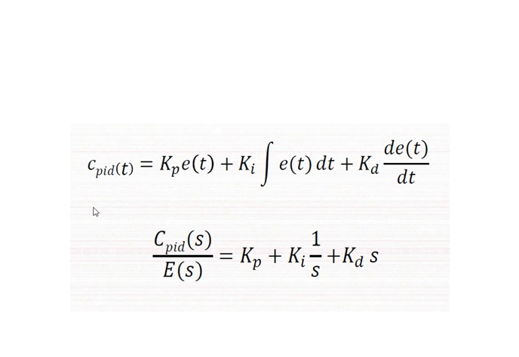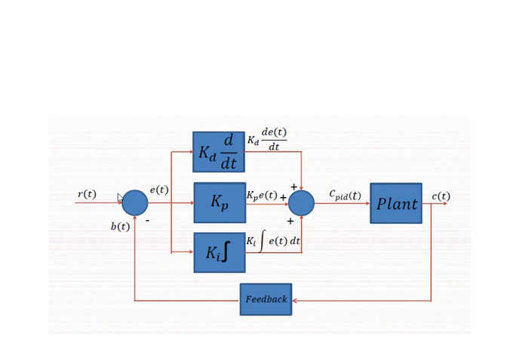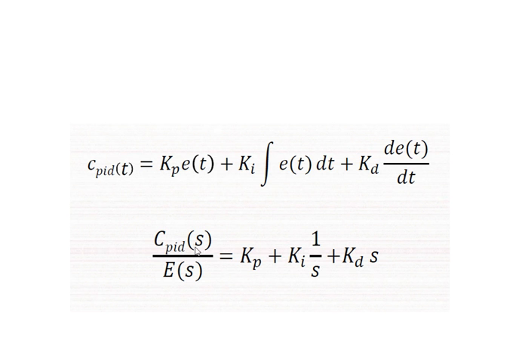So here again the equation is given over here. If you see this equation in the S domain, then it will be like this: C_PID(s) divided by E(s) is equal to Kp plus Ki into 1 upon S plus Kd S. Okay, so this Kp, if you take the integration and derivative, and if you take e(t) common, it will go in the denominator, and if you take the S domain, then this c_PID(t)